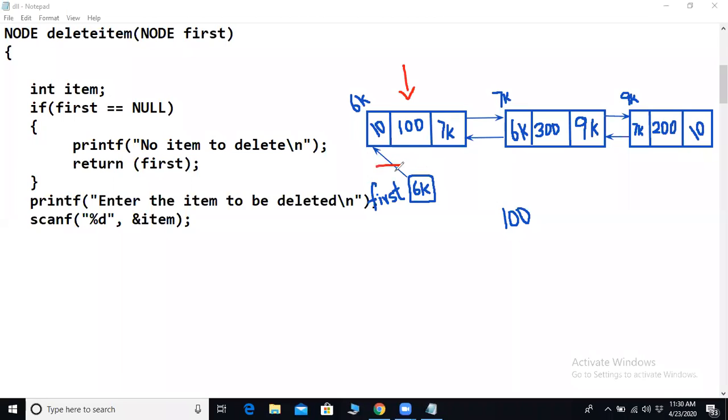Now this link has to be broken, and instead of 6k, we have to store here 7k. Correct? Because when this node gets deleted, this node becomes the first node, right? So now this has to become 7k. And how about the left link field of this one? This one has to become null. Correct? Then this 6k needs to be freed. So these are all the operations that are going to be happening, right?